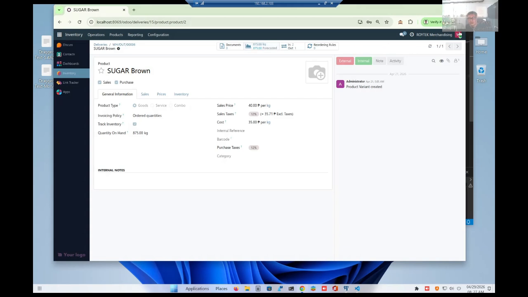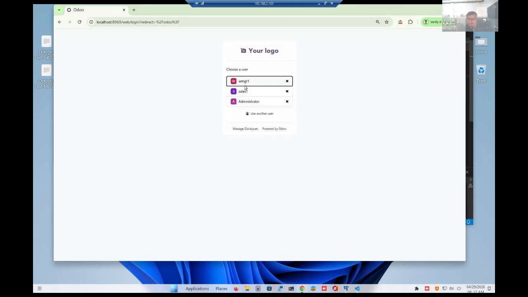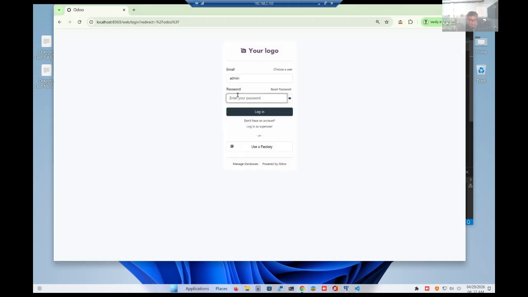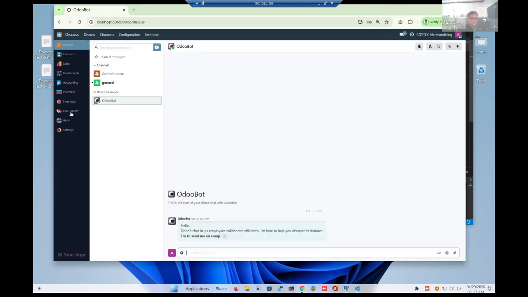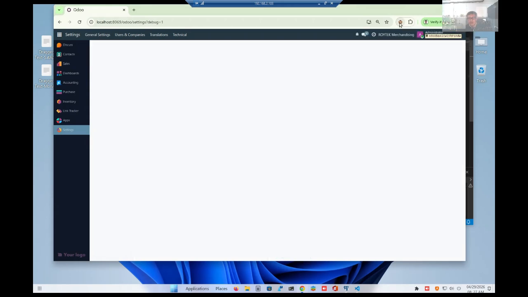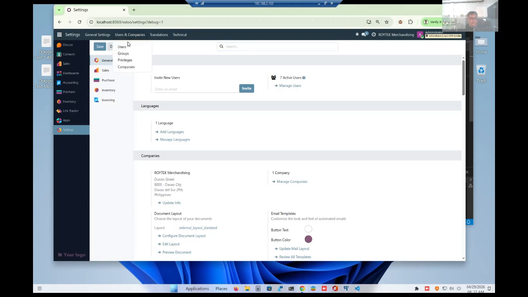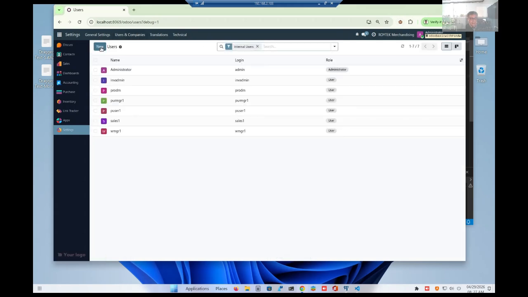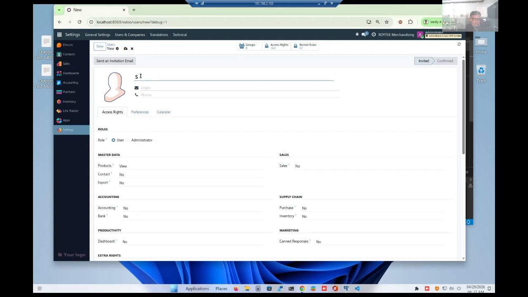Now let's proceed to creating the sales manager. Log in as admin again. Settings. Let's activate the developer mode. Let's go to users and companies. We'll create a new user called SMGR1.